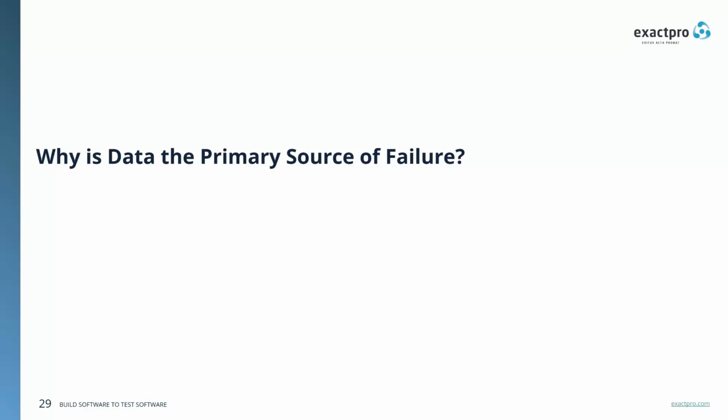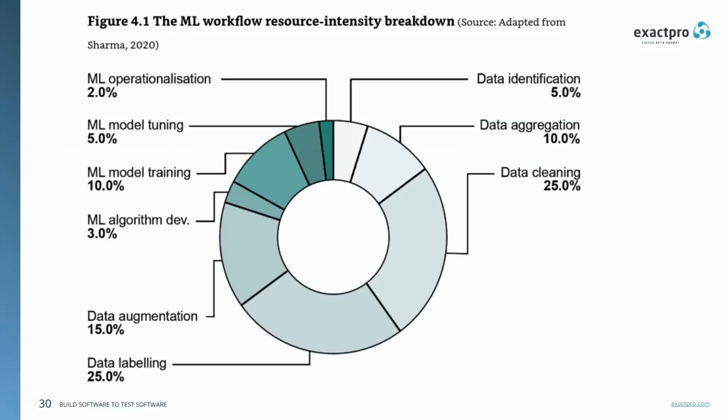So how do we know what we know? How can we say whether we need to call a human or whether we can ignore the data? Next one was: why, in AI-based systems, is data the primary source of failure? In our book, we have a diagram taken from a source on the effort related to building machine learning systems. It is clear that most of it is data related.